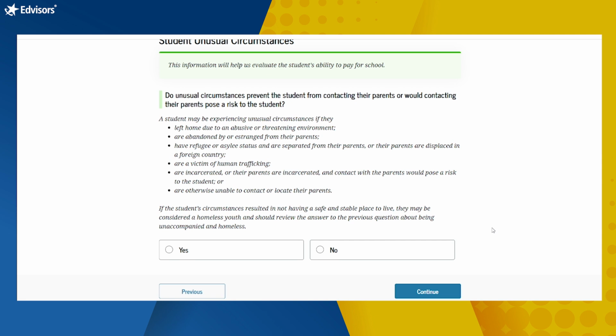This is what's defined as unusual circumstance, but it really is a circumstance that potentially you are in danger, have been in danger, or have been victim of many horrible things. So make sure if this applies to answer the question appropriately so that you are not required to provide information of your parents, especially if that would pose a risk to you and your safety. For this demo, we are going to choose no